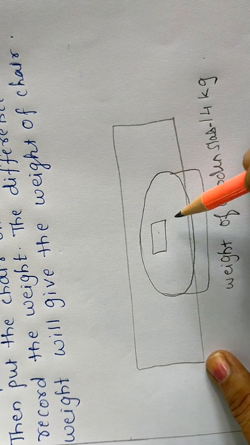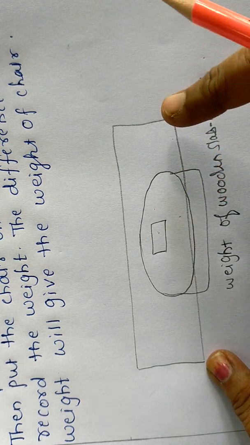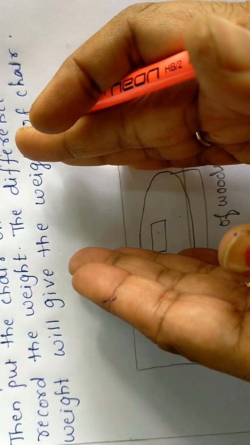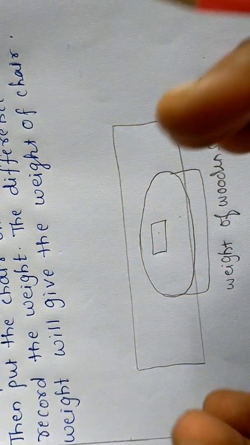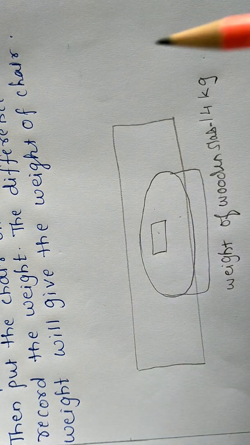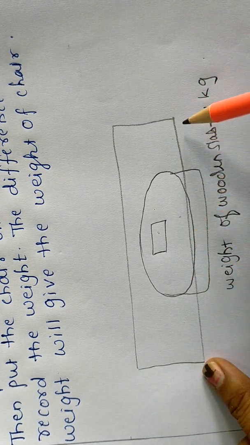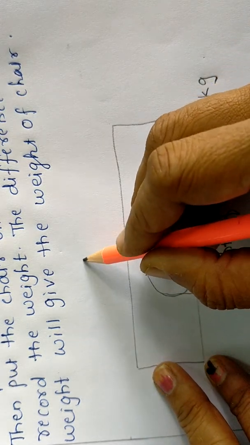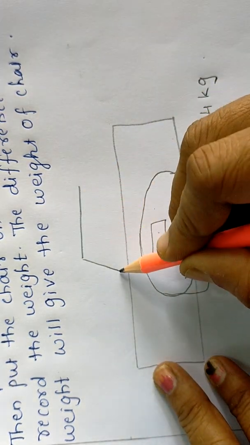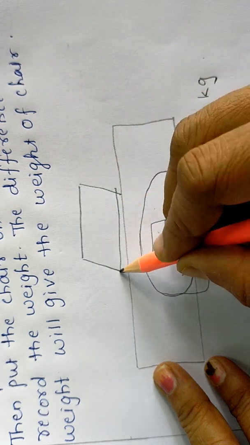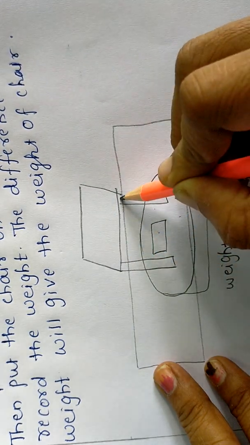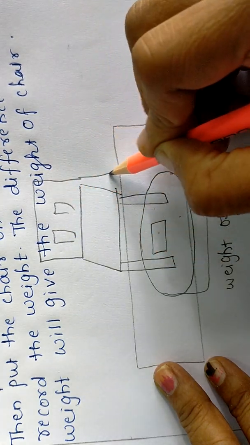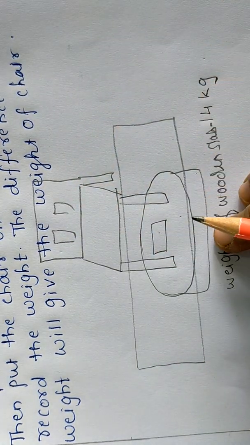After that, what do you have to do? Why have I put this slab here? Because it is not possible to put the chair on this machine, because the machine is smaller and the chair is bigger. So for that we have to put this slab on the machine. After that, you have to put the chair on the slab. ये slab के ऊपर आपको क्या रखना है? Chair we have to put. Okay. So here is the chair.